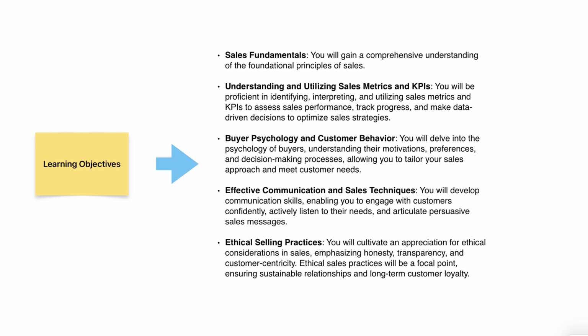What else? Well, conversion rates are huge. What percentage of leads move from one stage of your funnel to the next? And for retention, which is critical, you need to track your churn rate. How many customers are you losing each month or year? Okay, so Objective 2 demands a pretty strong head for numbers, for analysis. Then Objective 3 takes a sharp turn, doesn't it? From spreadsheets to psychology. Buyer psychology and customer behavior. It really does. And this is where sales becomes more than just commerce. It's about digging into motivations, preferences, how people actually make decisions. You're becoming a bit of a psychologist. In a practical sense, yes. Why do people buy this solution and not that one? Why do they hesitate?